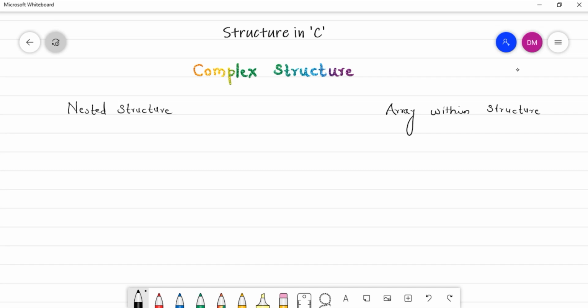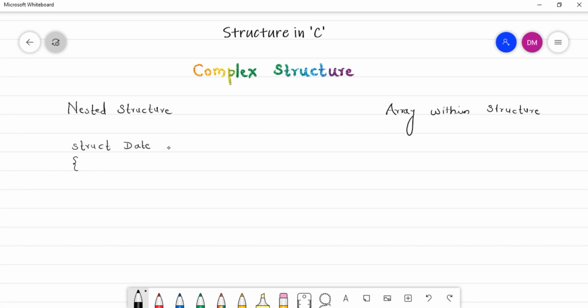So let us see it by example. Let us define it. First of all, I will create a date structure. We are going to use this date structure variable inside employee, that's why I have to define this structure first. Remember this thing, you have to follow the order.